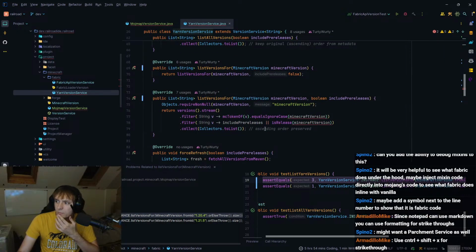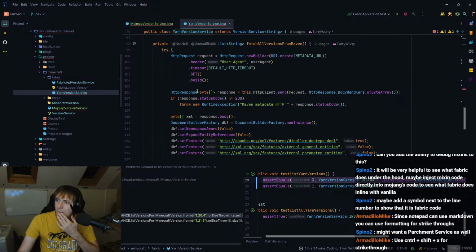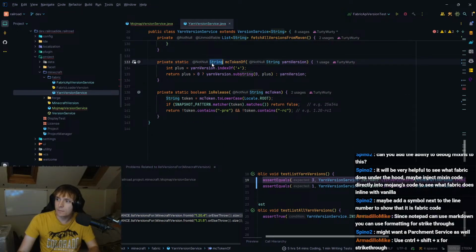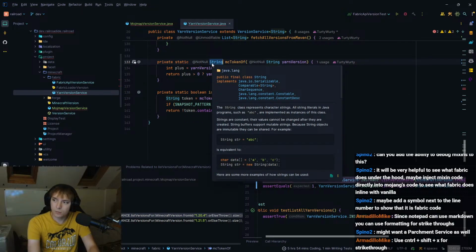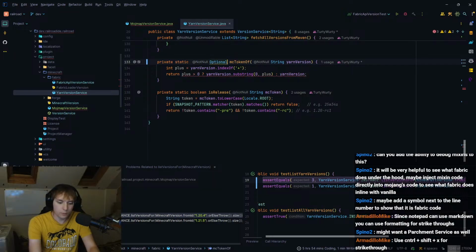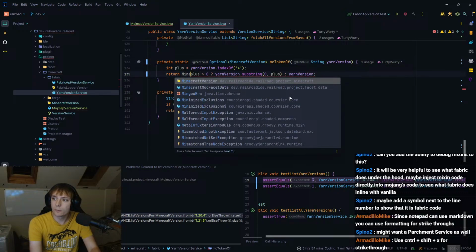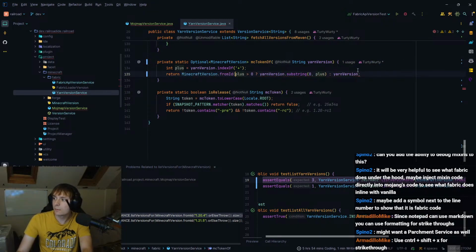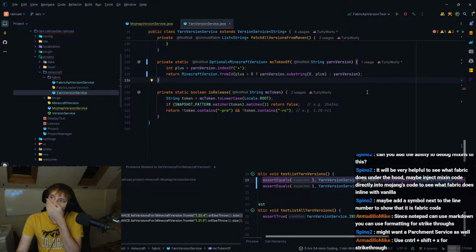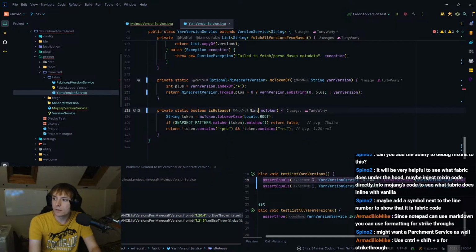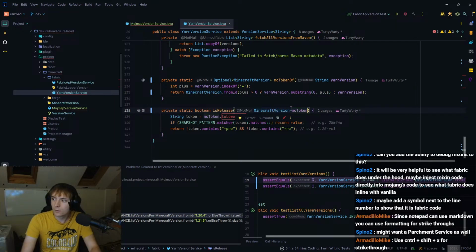I assume there's a problem here. Yeah. So this can be optional of Minecraft version, and then do Minecraft version dot from ID and pass in this. Is released. This needs to be is released Minecraft version.